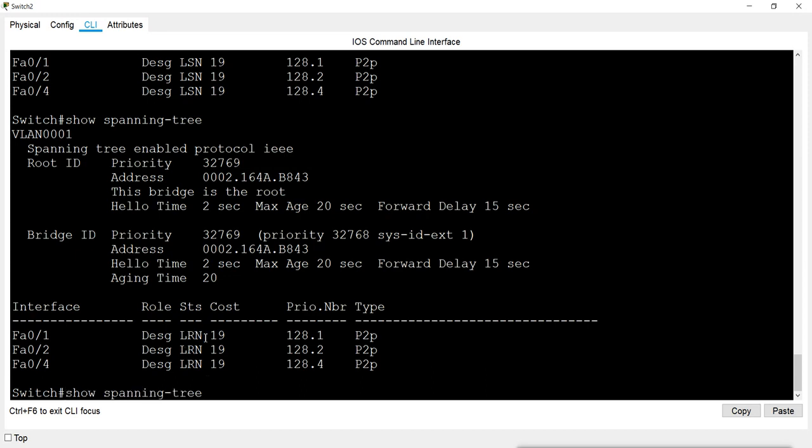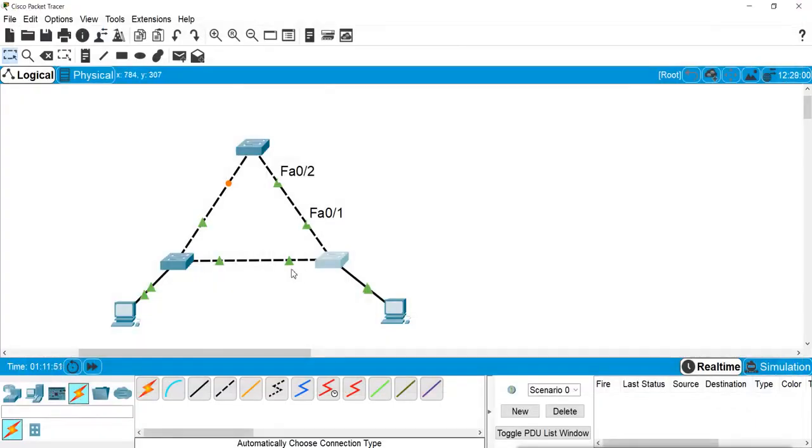Then after that they will decide which is the designated port, which is the root port and which is the blocking port, and now they are in forwarding state. Now in this switch we don't have any blocking port. Here in this switch we have a blocking port.